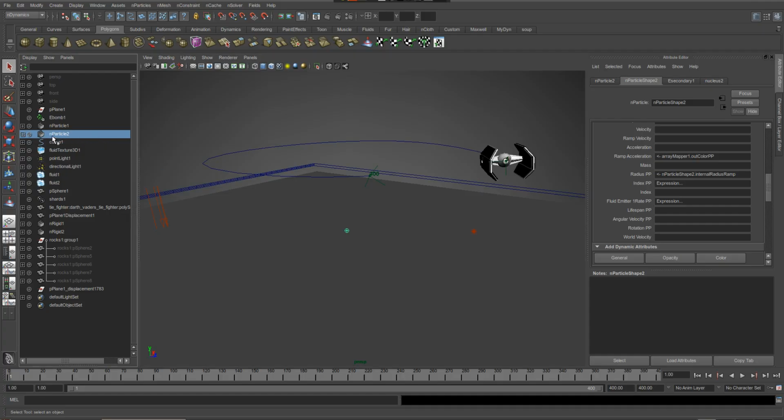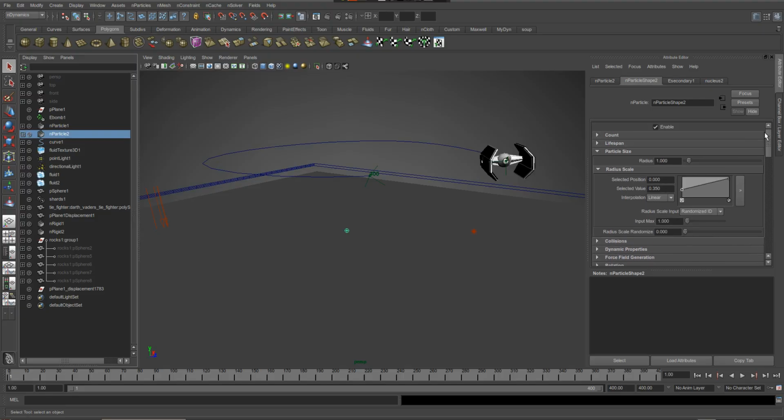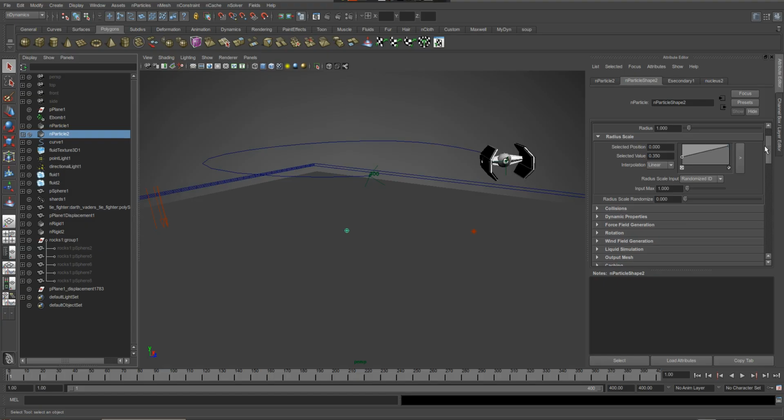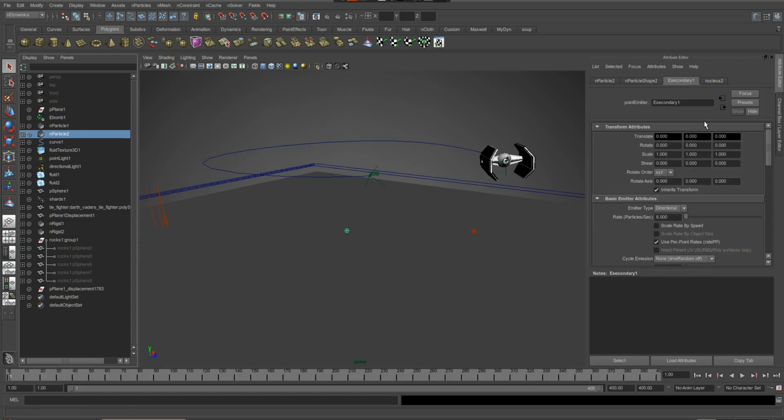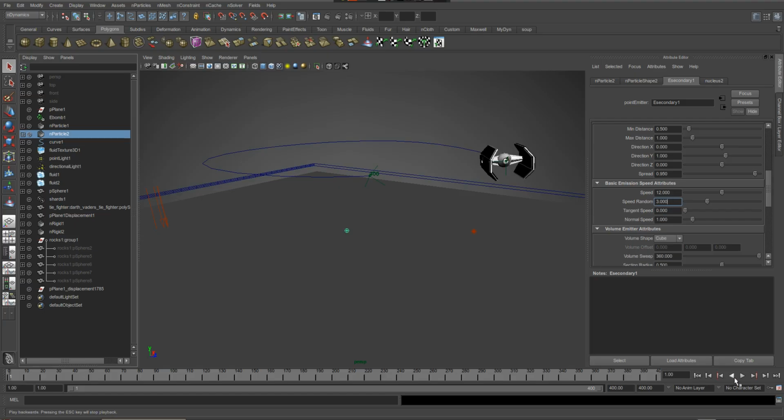So this is easy to sort out by selecting nparticle 2 and going up to the emitter here, so that would be E secondary 1, and over to its speed. So I'm going to put the maximum speed at 12, but I'm going to give it a speed random of 3. So this will then be either 15 or 9, it can be anywhere in between. It's just random 3 either side of this value. So then after you simulate again,